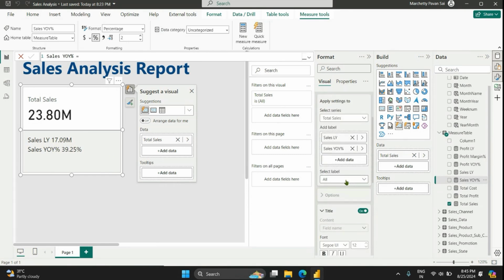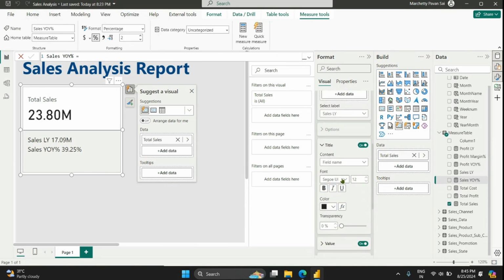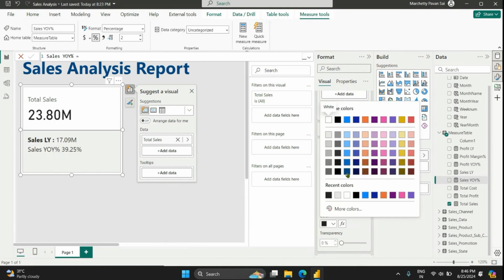In order to make that, what we need to do is here you can select this sales LY. You can change this to custom name, and here you can just put some colon over here, right? Automatically you can see that the value changes over here. You can bold it so that you can see that they are highlighted, right? And you can change the color as well,